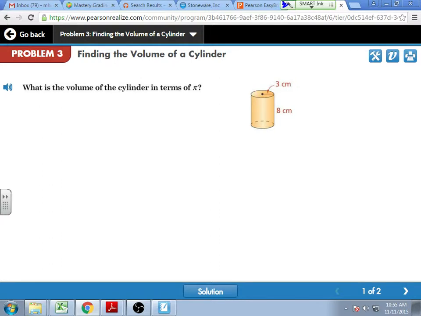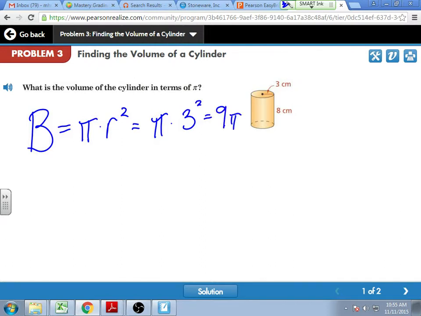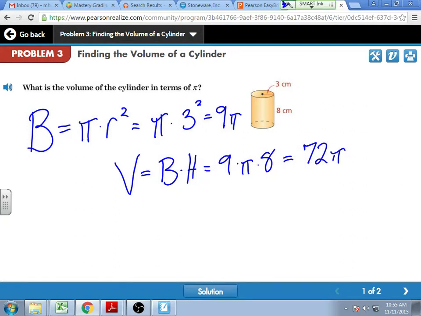Okay, cylinders. We're trying to get through this quickly so you can do your homework and I can help you with last night's homework. Our base here is pi r squared. They like to play some tricks sometimes, so be careful that what they've given you is the radius. So we get 9 pi for our base. We then take that, because volume will be the big B times the height. Nine times 8 gives me 72. So we get 72 pi, or approximately